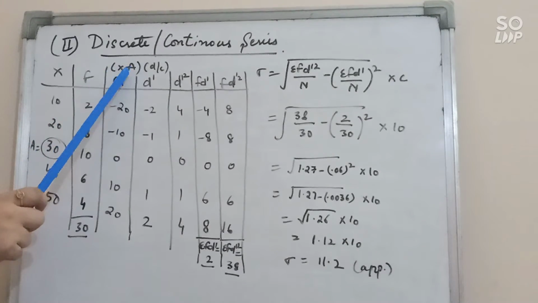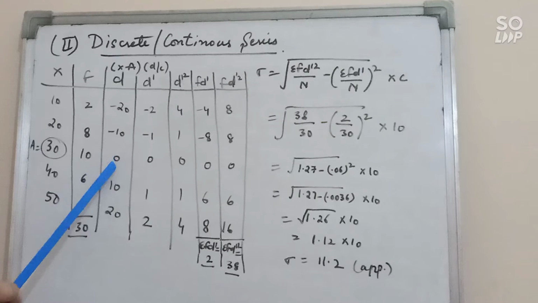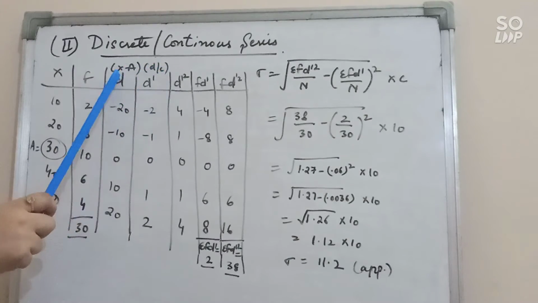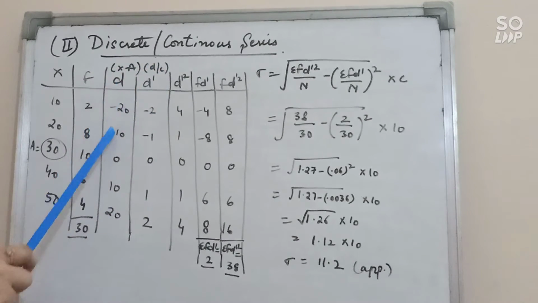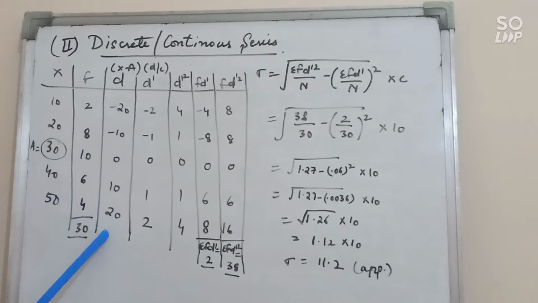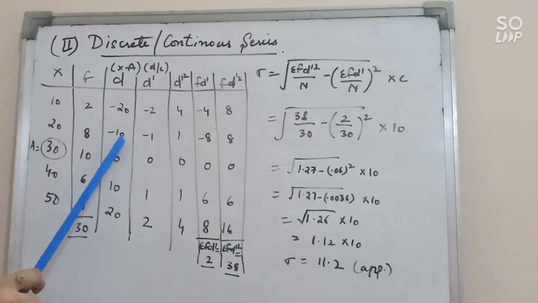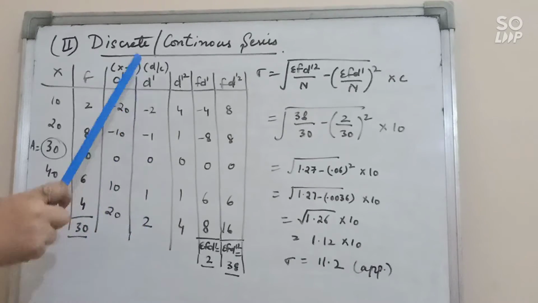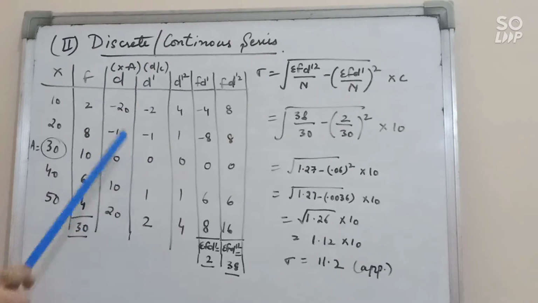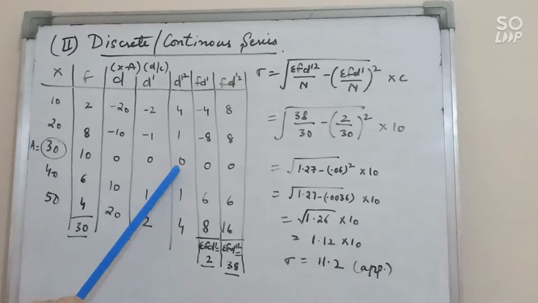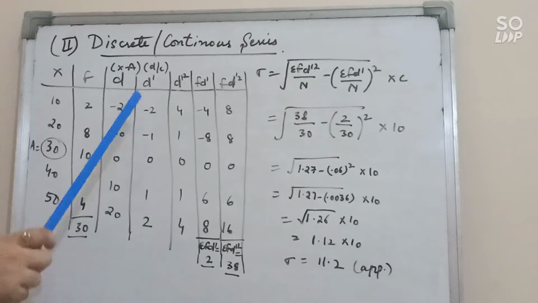So after calculating this, we have minus 20, minus 10, 0, 10 and 20. After calculating deviation, we need to find out step deviation, that is d dash, d upon c. So d we have calculated, c means common factor, and the common factor in this is 10. So when you divide this deviation d with c, that is 10, we have 20 upon 10, minus 2, minus 10 upon 10, minus 1, 0, 1, 2. After calculating d dash, we will take the square of this deviation. So we have d dash square, that is 4, 1, 0, 1, 4. Clear?